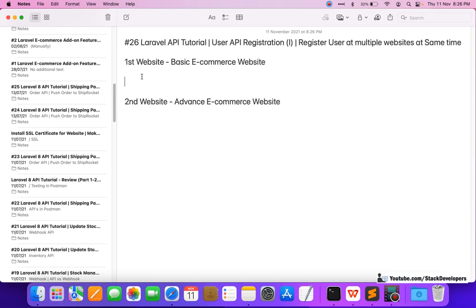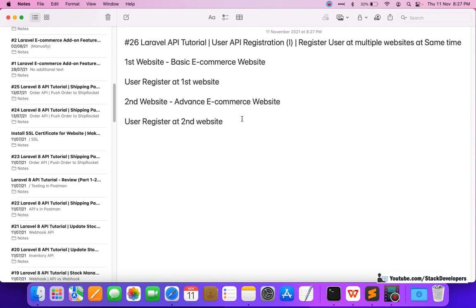If a user registers at the first website, that is the basic e-commerce website, then that user automatically gets registered at the second website, the advanced e-commerce website.